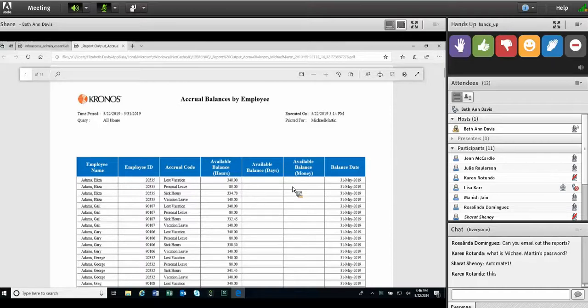And he has two other requests as well. He says there's an accrual code that I'm worried might show up here that I do not want to have included on the report. So what I want you to do is make sure it never shows up in the report somehow. Omit that accrual record from the report. And then what he's talking about is something called leave FMLA. Now, I don't see any of those right here, but I just want to ensure that even if it's not showing right now, it never does anytime he runs this report. So we're going to apply a filter somehow to eliminate any records that have a certain accrual code. And one more thing,